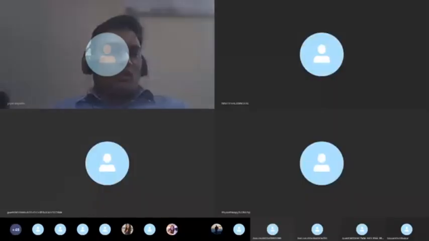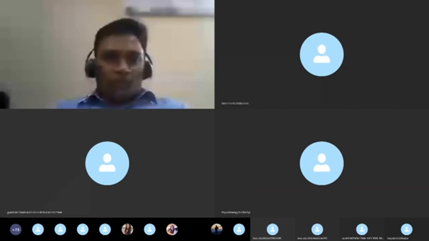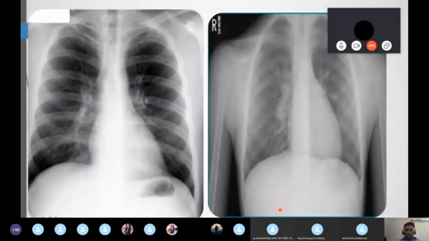Differentiate. Most examiners always hide whether the film is AP or PA, and we have to diagnose the AP or PA view. Simple. I'm going to give some 5 to 6 steps. Let's see AP and PA.